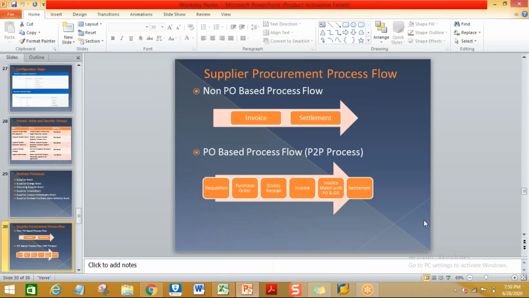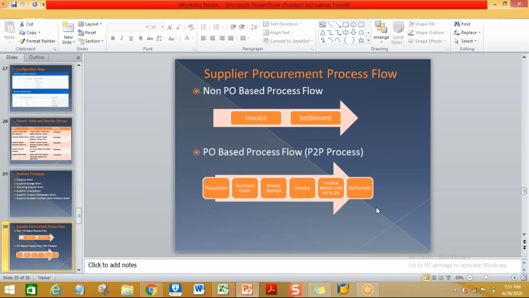In general, while doing the invoices, you will maintain the two-way match or the three-way match. Any idea? Matching the details provided in the purchase order with the invoice. Yes, the rate, quantity and product price. The PO quantity is matching with the invoice quantity, or the GR quantity is matching with the invoice quantity. You have to check it.